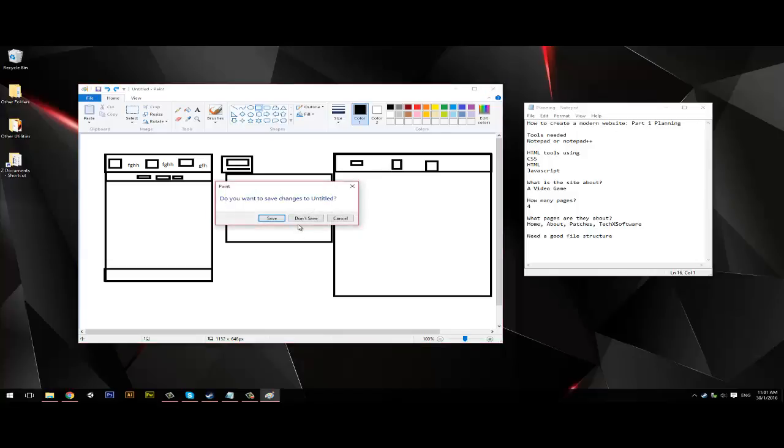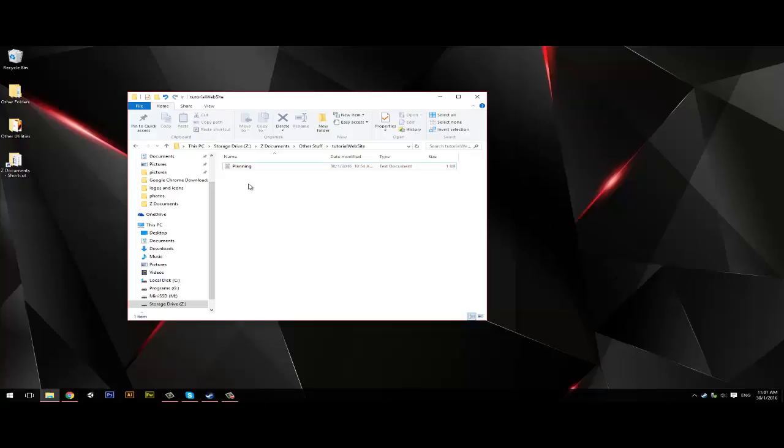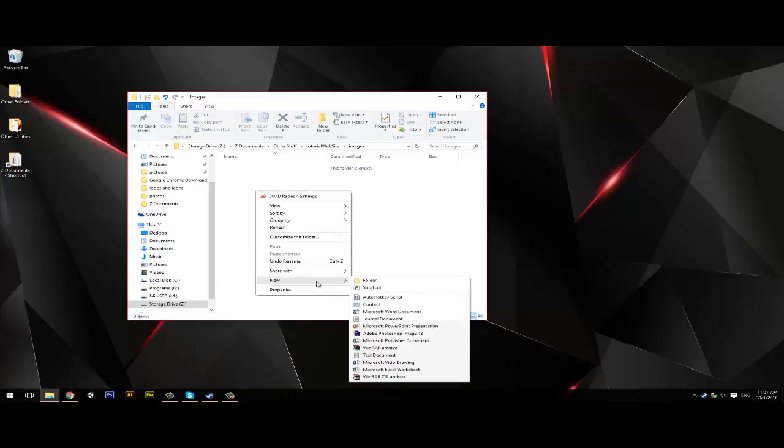Okay, enough talking. Start this. Close this. So, first of all, we're going to need a file structure. This is going to be the HTML. So we're going to have a folder. We're going to have images. It's good to just have this lowercase. Where we can have in images,